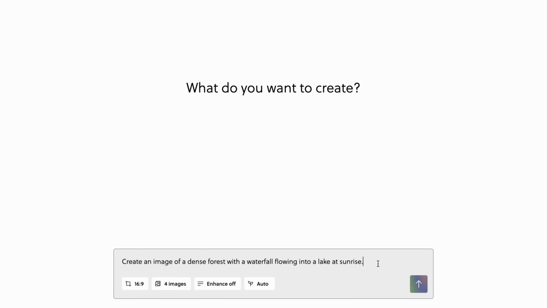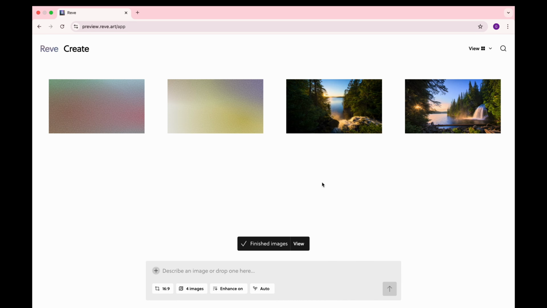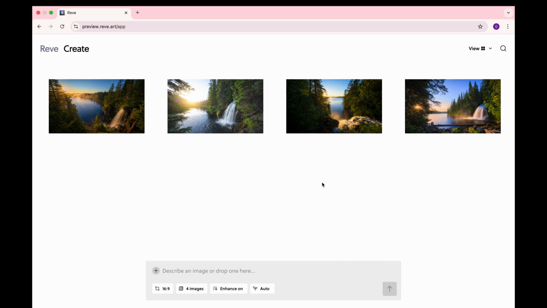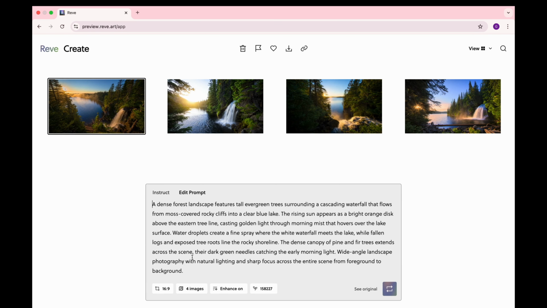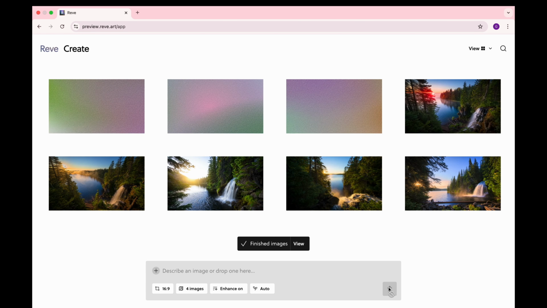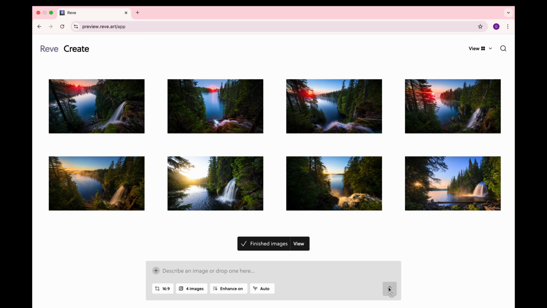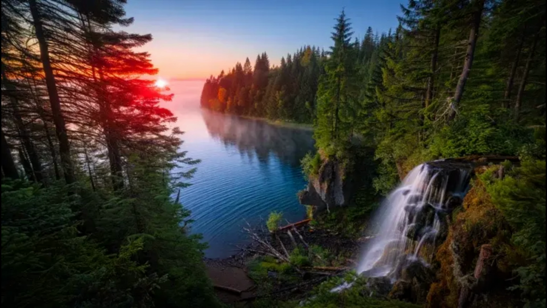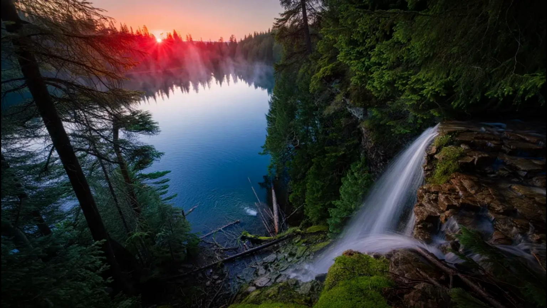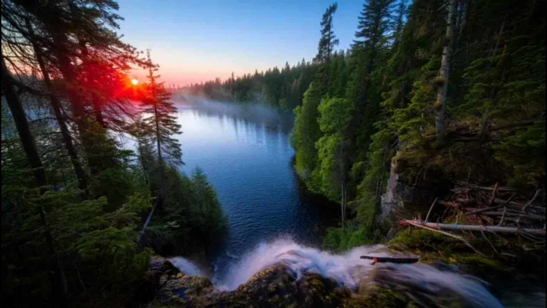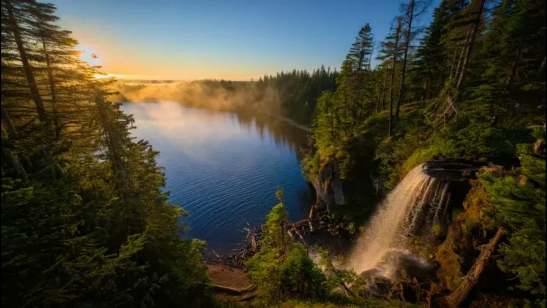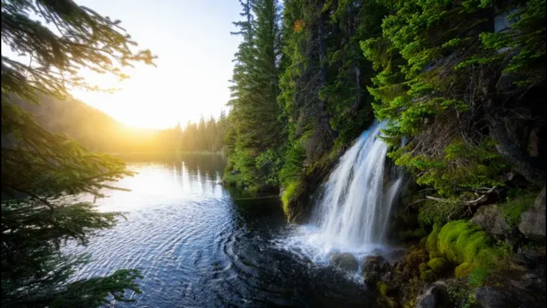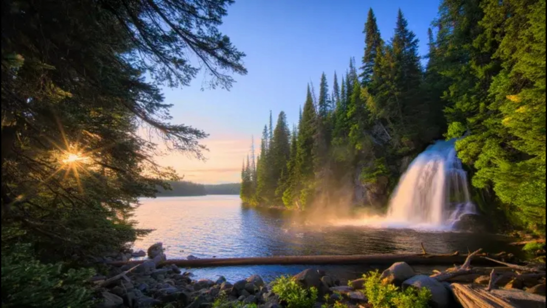And just within a few seconds, I got very high quality AI images based on my prompt. By using the enhance option, your single line prompt can be expanded into a more detailed one, resulting in even better image quality. To download them, you can simply click on the arrow button and get them for free. This AI image generator tool gives you the ability to generate completely free and unlimited AI images. As of now, you can use it as much as you want to create such images.